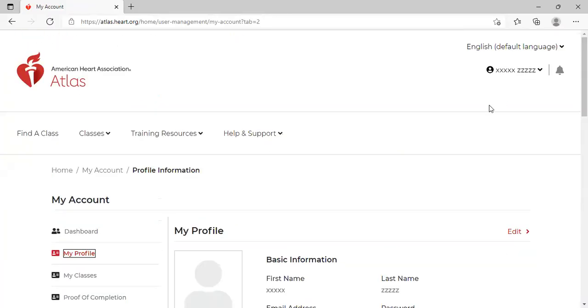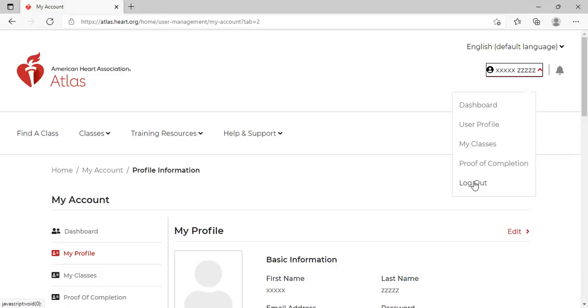So this is the way we have to use the AHA Atlas portal as per the new AHA guidelines. There is no CPR Verify. Those who are in CPR Verify have to create a new Atlas portal account, and they can see all their certifications. Now there is no CPR Verify on the website.